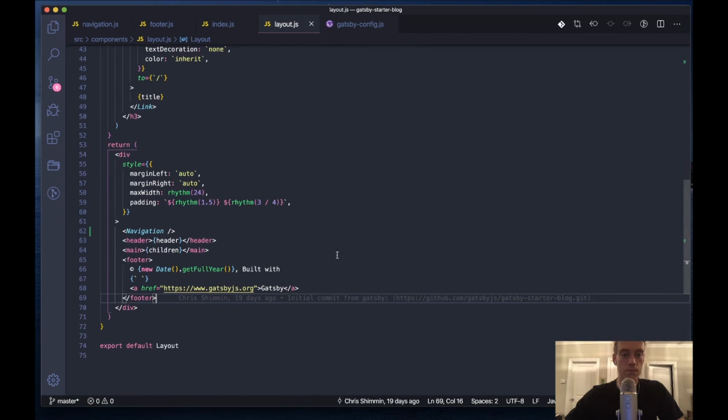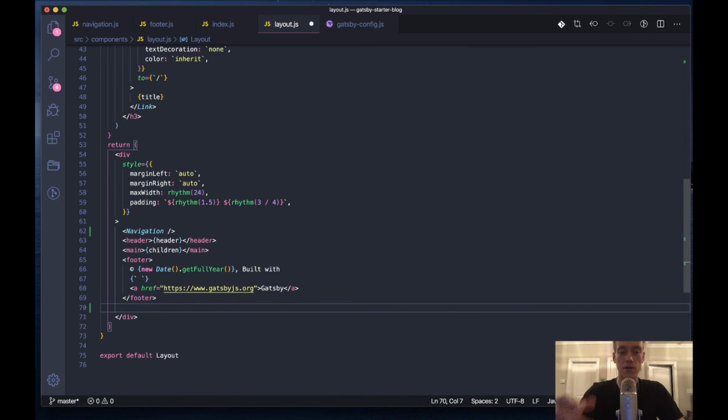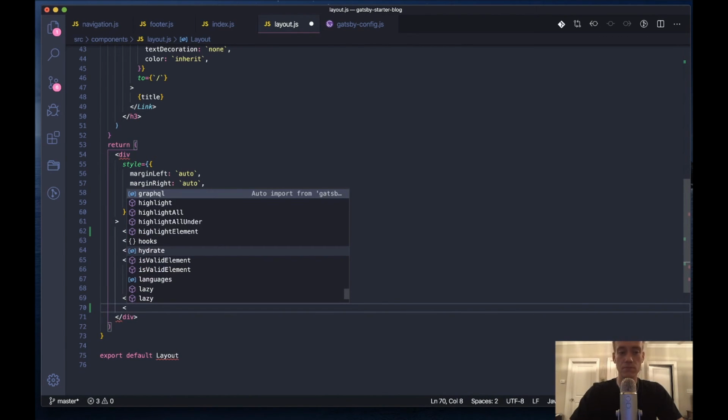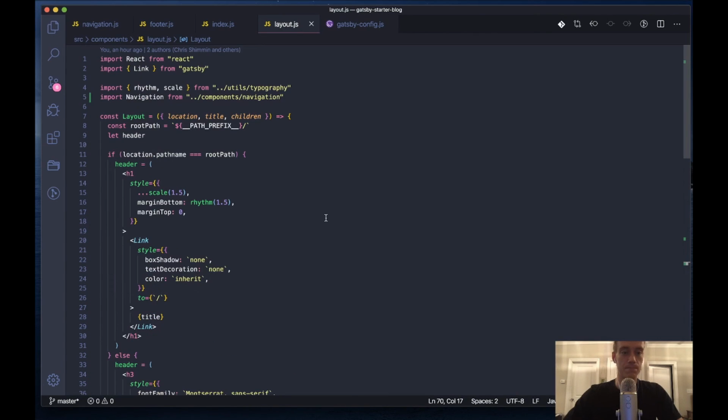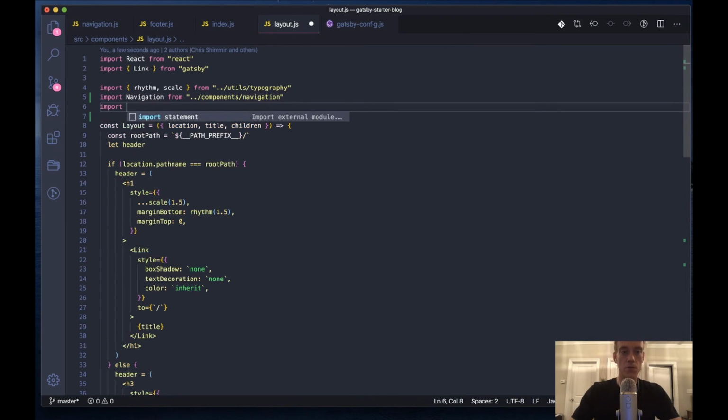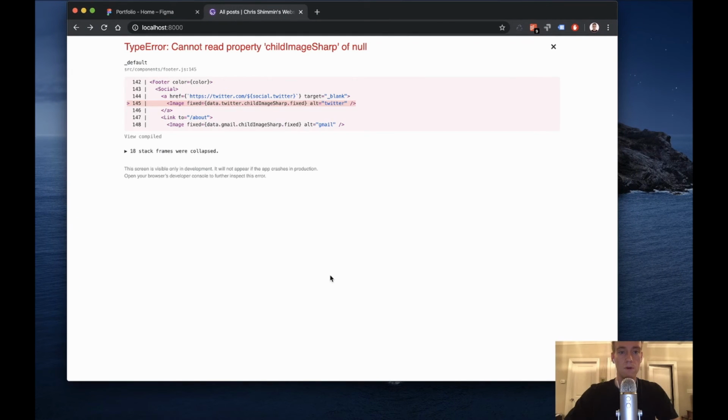So this is based on the person who built this Gatsby Starter Blog, and this is the way he had the layout. This is the way he built it. So on the layout, he imports the header, the main, the footer, all components. So I just decided to go off of that, and I'm going to add the footer, which I still need to import at the top. If we go up here, if we do import footer from, I think it's components/footer. Yes. Okay. You click save,